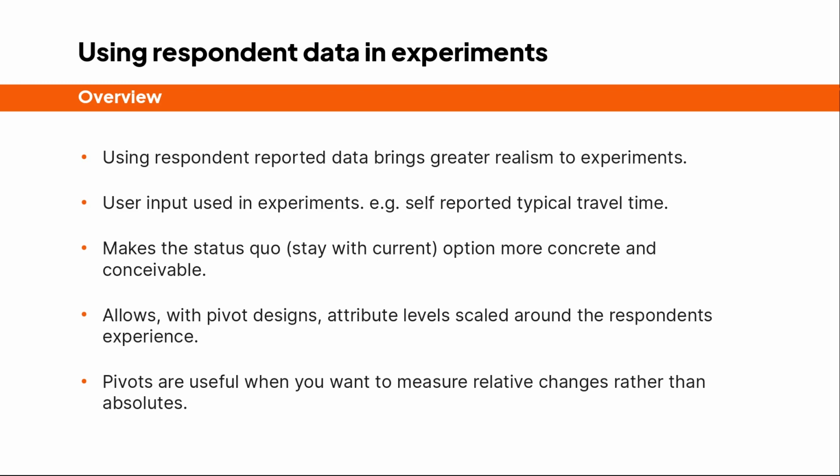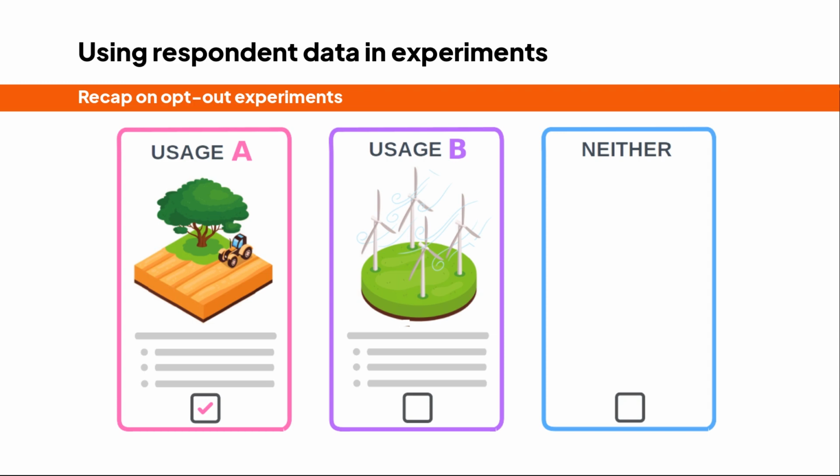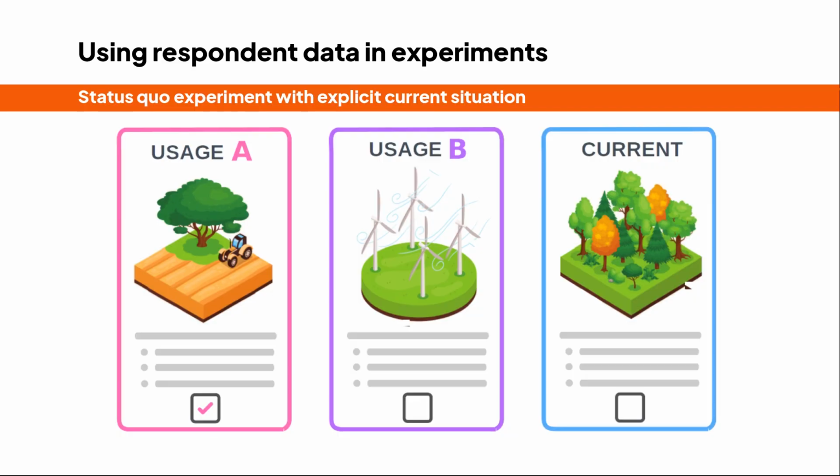So let's get started. We'll begin with a status quo experiment, which is really a special case of the opt-out. It just means that the respondent wants to remain with their current situation. And we could just label this your current situation. But it's better to repeat back to them what their current situation is in the context of the experimentally generated